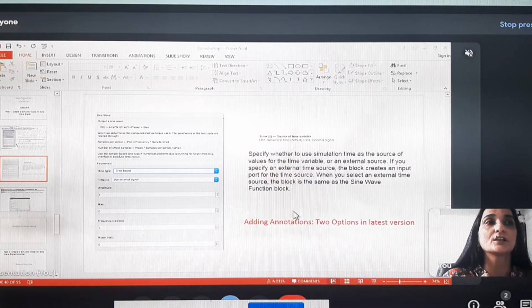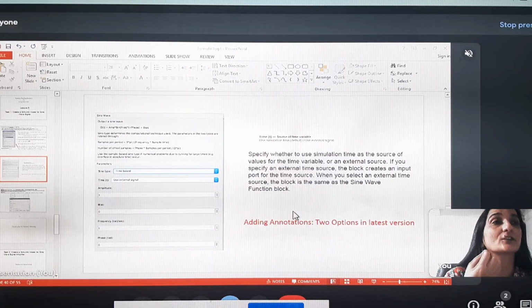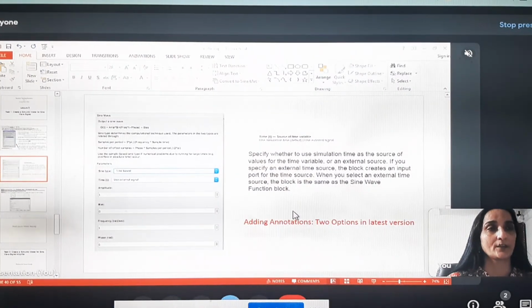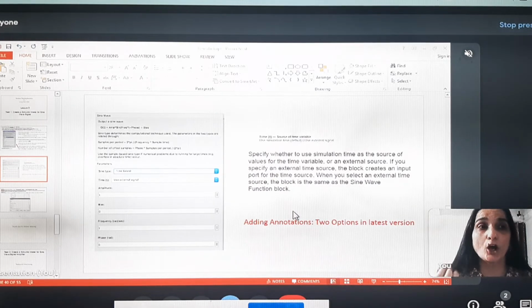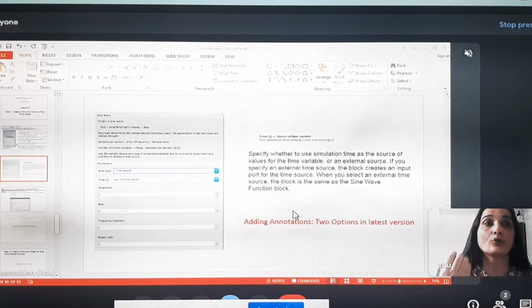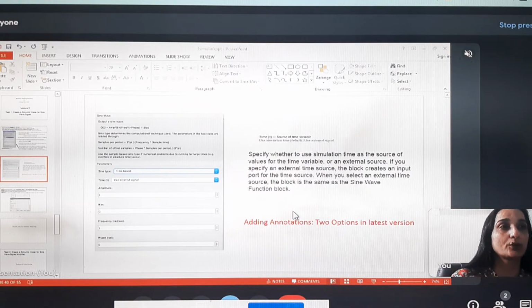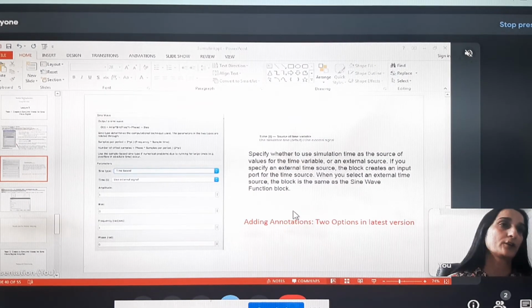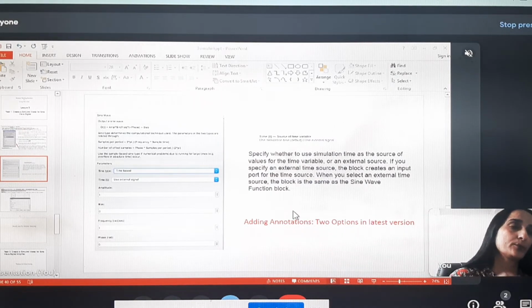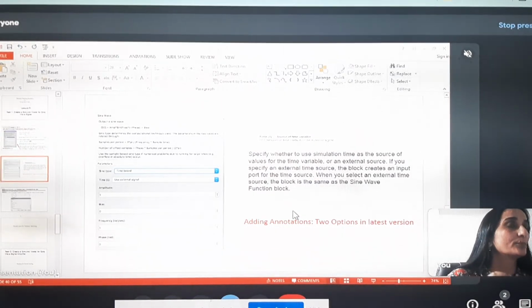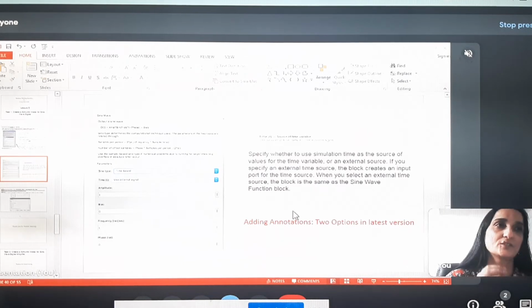We will use one more block, that is the clock block. The output port of the clock block is connected to the input port of the sine block to provide the time signal.